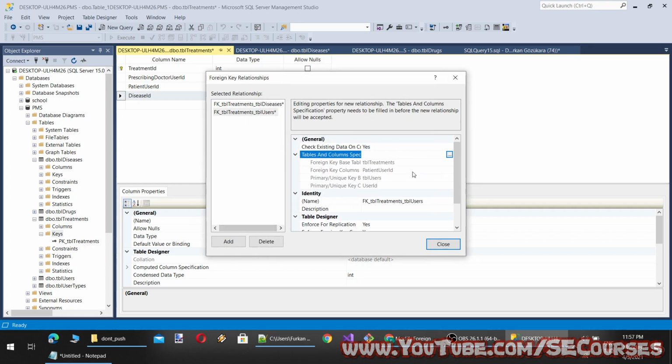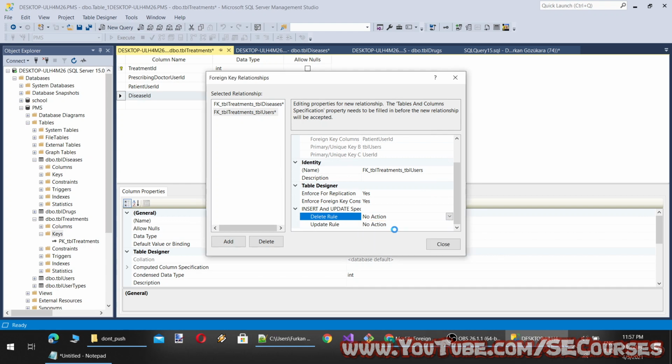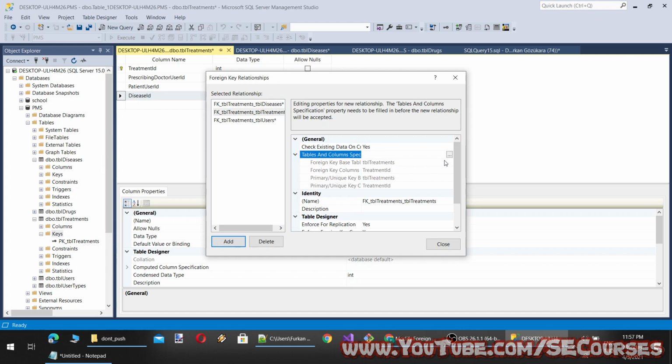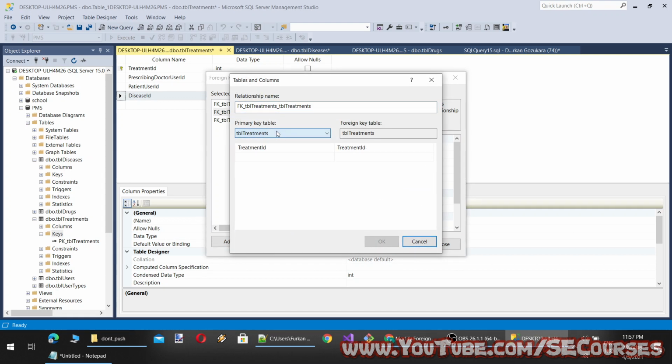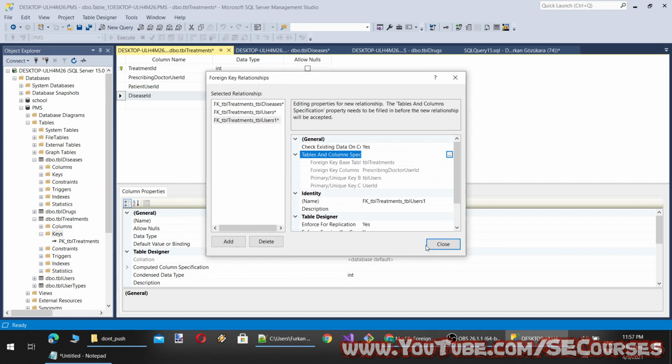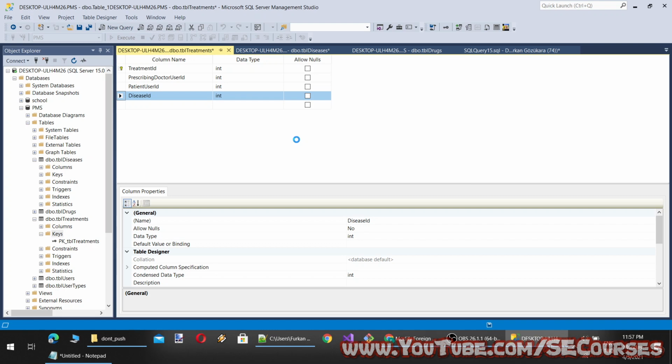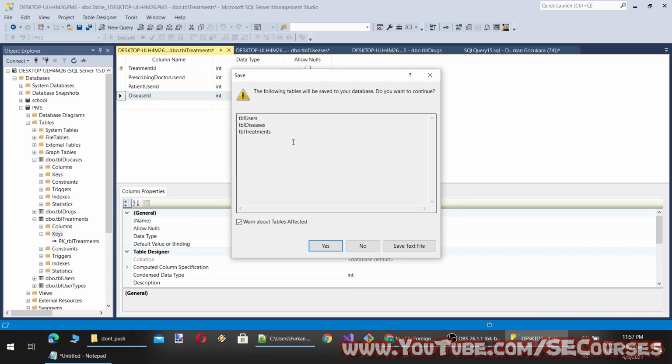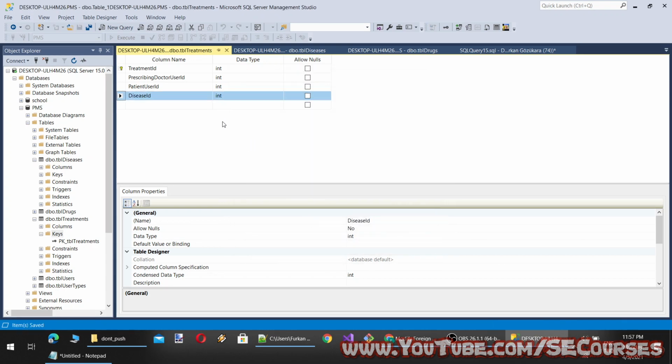Let's try. Let's make another one. And this time primary key will be user ID again. And it will be doctor user ID, yes. Okay, and when we save the table, okay, it's saved.